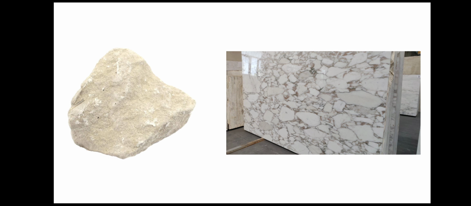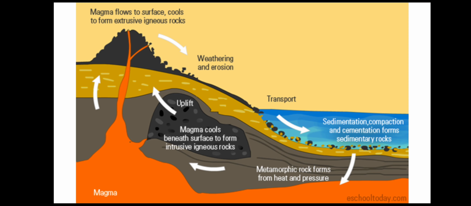You will be surprised to know that one type of rock changes to another type under certain conditions in a cyclic manner. This process of transformation of rocks from one to another is known as the rock cycle. When the molten magma cools, it solidifies to become igneous rock. These igneous rocks are broken down into small particles that are transported and deposited to form sedimentary rocks.